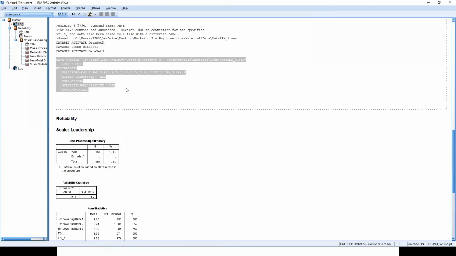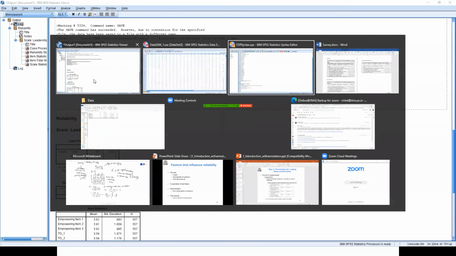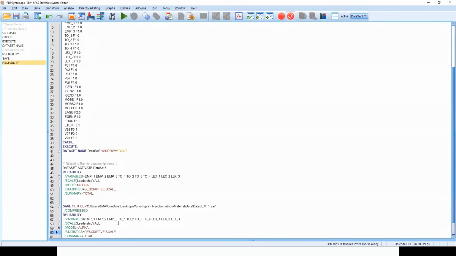So even after you click, you can copy this syntax. This is the data file on which it is working, and then this is the reliability syntax. You can copy this and paste it in your syntax file.